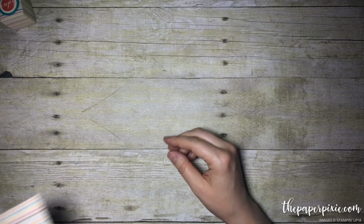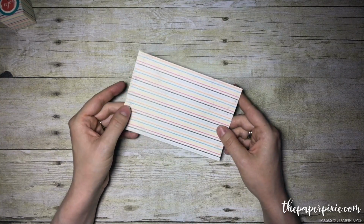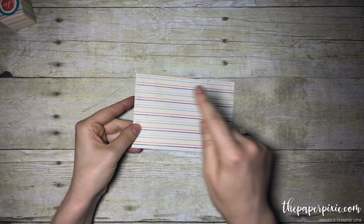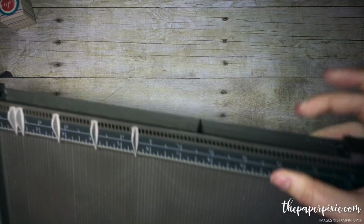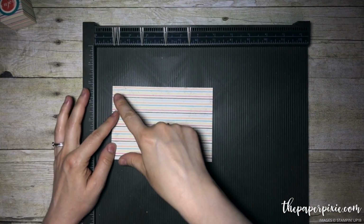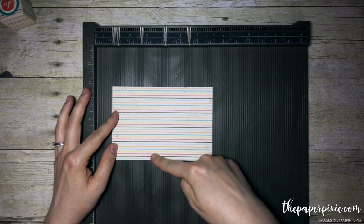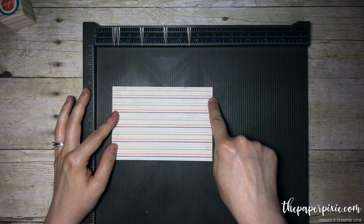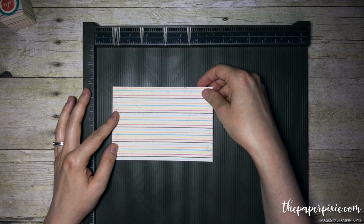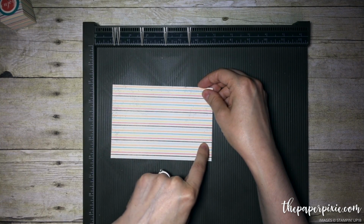We're going to use, from the Cupcakes and Carousels Designer Series paper, a piece of paper that measures 4 inches by 6 inches, and we're going to use our Simply Scored. Now, if this paper were directional, you would want to make sure that the direction of the paper would go up and down along the 6-inch side. And you want to start the first score line where it would be the bottom if it were a directional